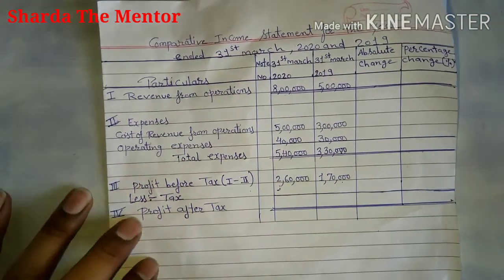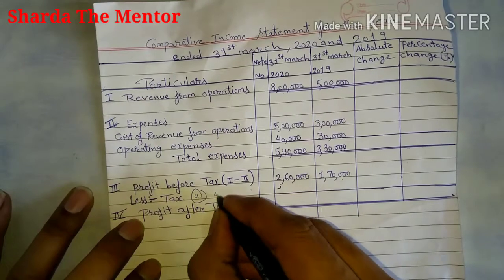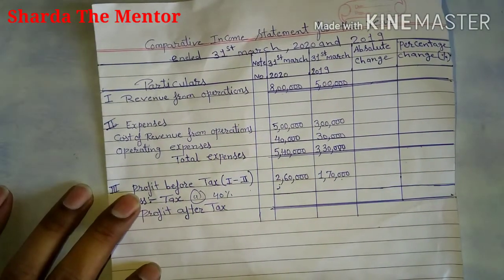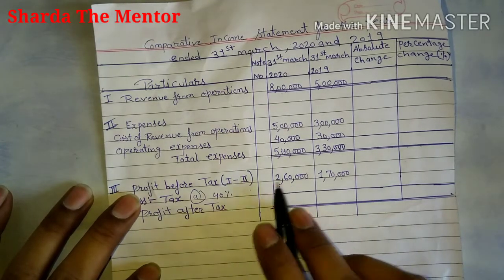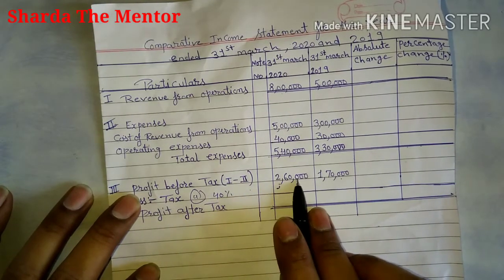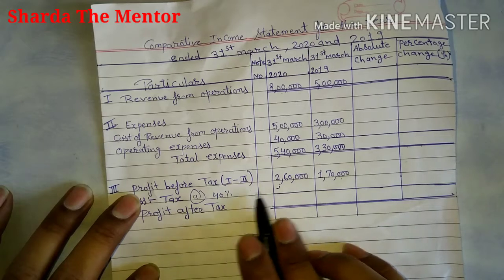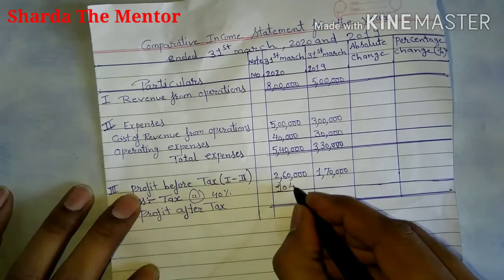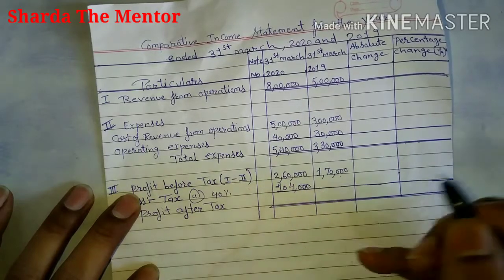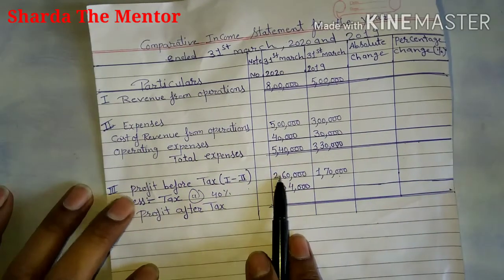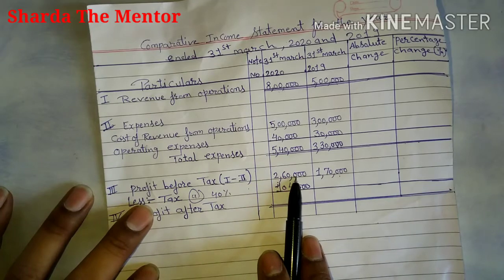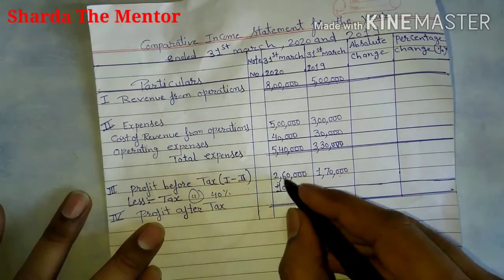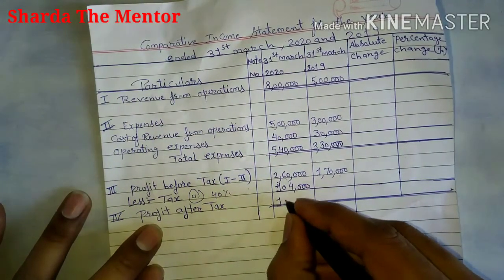Now in the question it is given that tax is charged at the rate of 40%. So always tax will be charged on the profit before tax, that is 2,60,000. So you have to find out 2,60,000 into 40 upon 100. So that amount will be around 1,04,000. That is the common format that we are following. Whatever profit before tax you earn, 2,60,000 minus 1,04,000, the amount that you will get is the profit after tax,